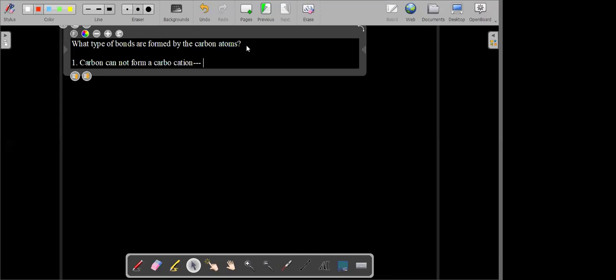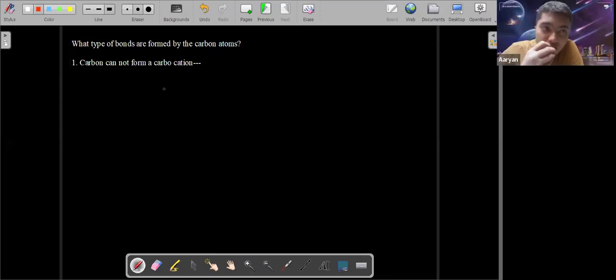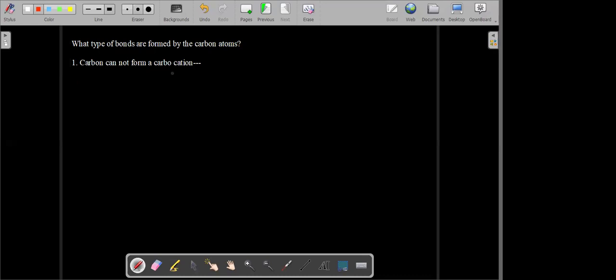For forming a carbocation, it has to lose 4 electrons, and it's not easy for the carbon atom to lose the 4 electrons. Okay. Let's see the structure of carbon. Sir, then it cannot form a carbanion also, no, sir? Yeah, first we look at the carbocation, and then we look at the carbanion also. Okay. So you see here, carbon cannot form a carbocation. The reason for not forming a carbocation is that carbon has